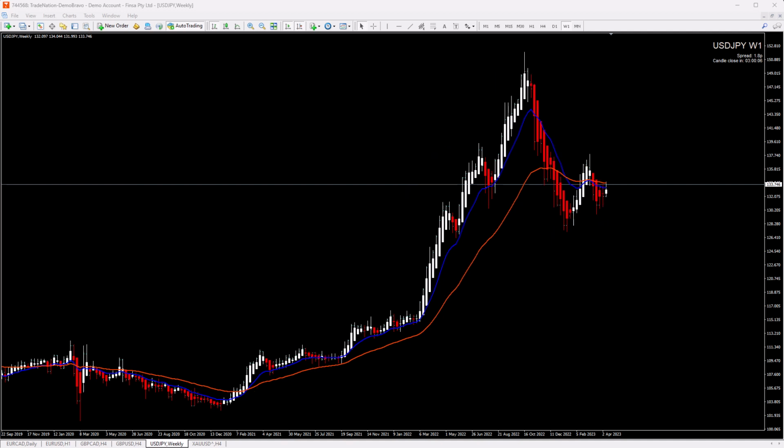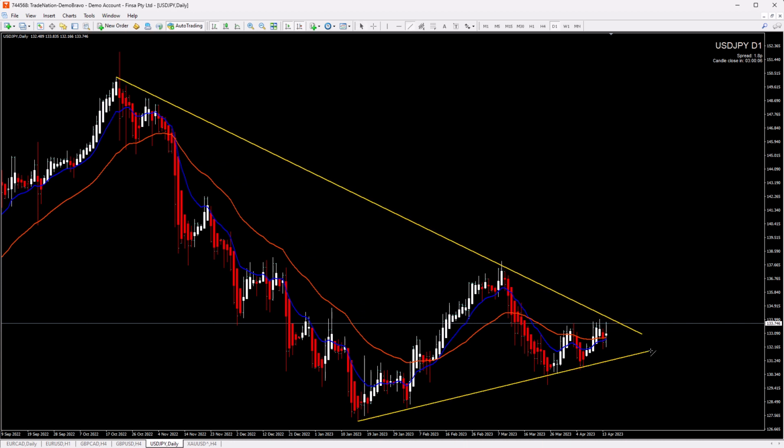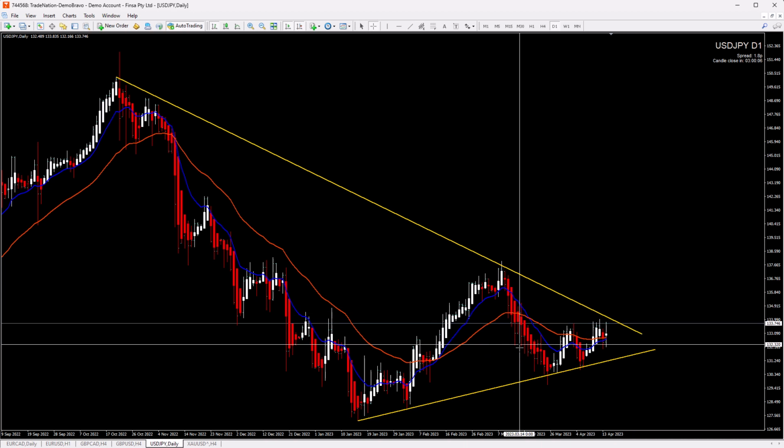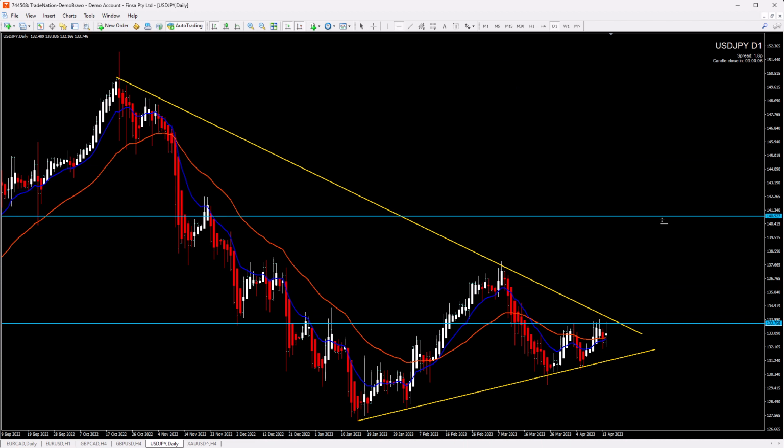But of course, weekly and monthly are quite a big time frame for us. So let's go to daily to see more details. And this is our trend line on the daily chart. Okay, and this is also our trend line on the daily chart. So we clearly see that we are squeezed between those two levels. There is also resistance here. We see that price is struggling with this, but if we have a breakout of that, yes, we can expect maybe